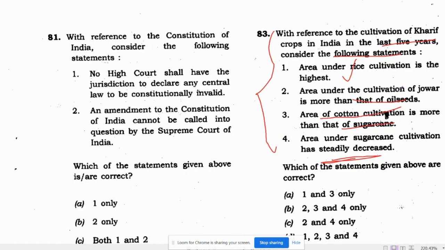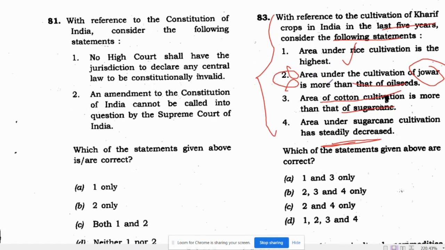It's not so easy to answer because you might have a different sort of imagination, but the data might be totally different. You don't know whether jowar has more land under cultivation or oil seeds, and without knowing these intricate details you can never answer this question. That is why UPSC is so unpredictable. It is not for everyone. I think out of 100 people, only two or three can solve these questions. They have actually prepared everything from top to bottom, because remembering the data is very hard. This is one of the difficult level questions.